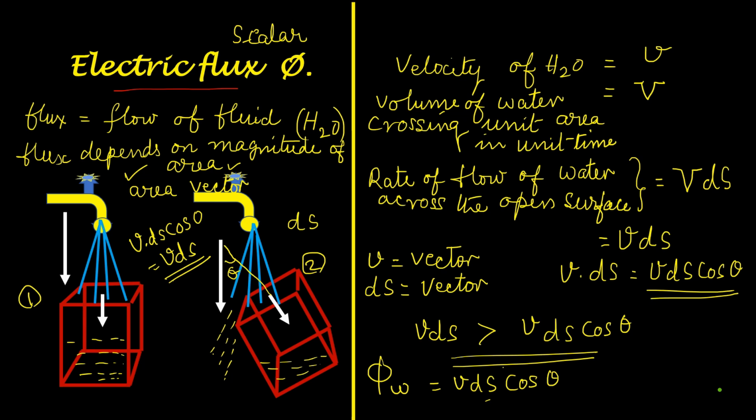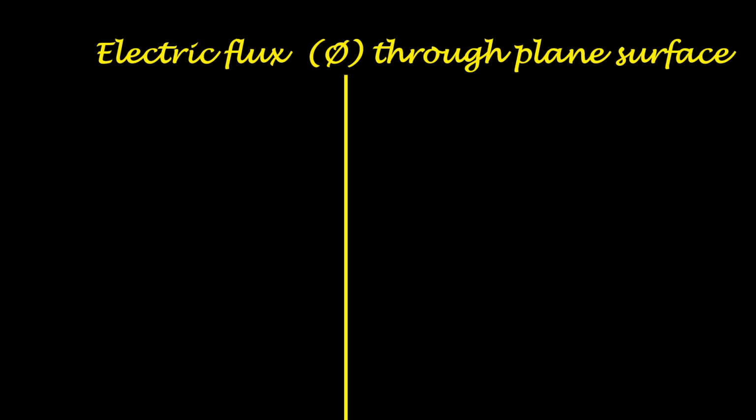I shall cite one more example. To collect water from a flowing river, we keep the mouth of the vessel parallel to the direction of flow of water. So the area vector is a very important factor deciding flux. Now we can apply this to electric flux. We have understood the meaning of the word flux. Now we will pass on to electric flux.